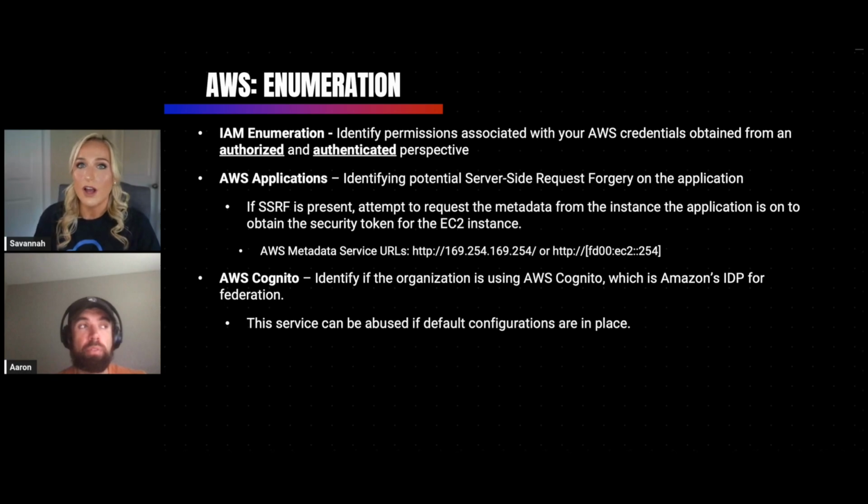And lastly, Cognito is something that I think everybody should be looking for on any AWS app. That's Amazon's IDP. Essentially, if an organization is using Cognito as their IDP with some of their web apps, you can see if there are any misconfigurations in place, which would lean towards them having the default configurations. There's an attack scenario that we're going to go through later on in this presentation regarding Cognito. If they have it set up with default configurations, we can abuse that to add a user and get credentials from there as well. We're going to go into further detail, but these are the top 3 things that I would initially look for.